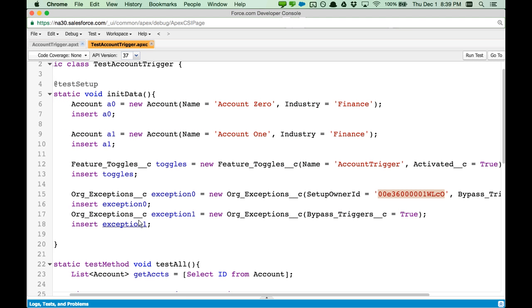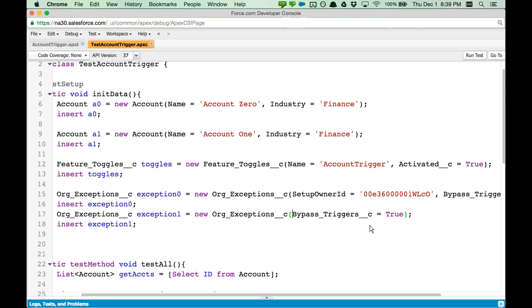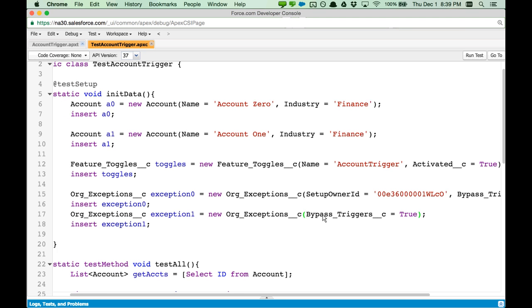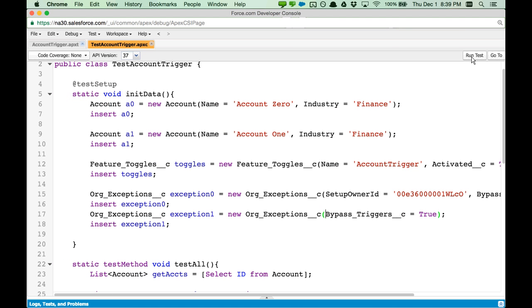Then I create a second one, and if I don't specify a setup owner ID, it just assumes I'm setting it as the organization default. So now with this, I have set both of those custom settings to true. And when I run the test, it's running as the system administrator, the user that I'm logged in with. So it's going to skip this one because I'm not in the standard user profile and just go to the org default. And so now when I run this,